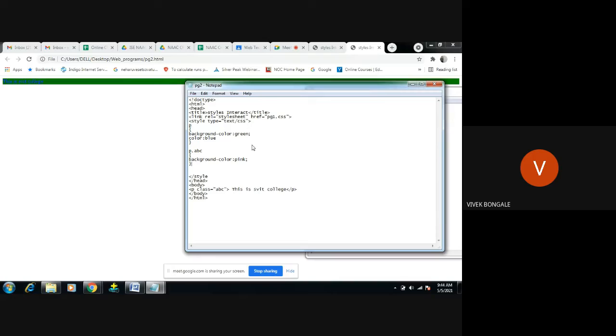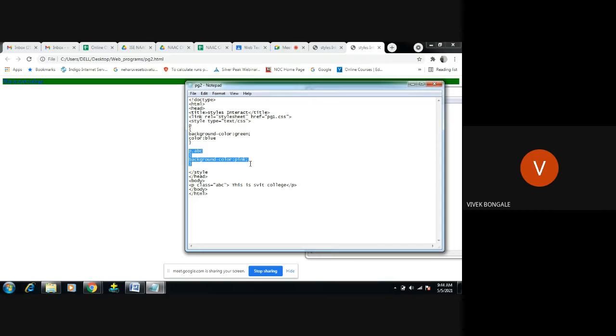Now, I said whichever we have given latest, or which is nearest, will be considered and will have more precedence. Here the latest is p.ABC with background color pink. This is the latest we have applied, correct?